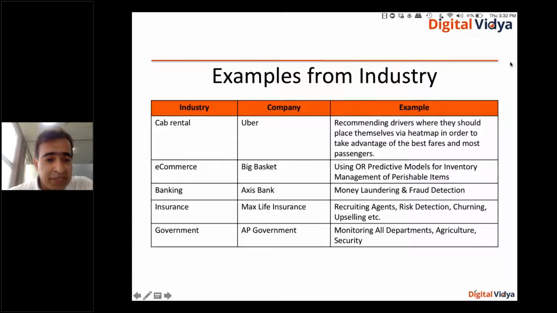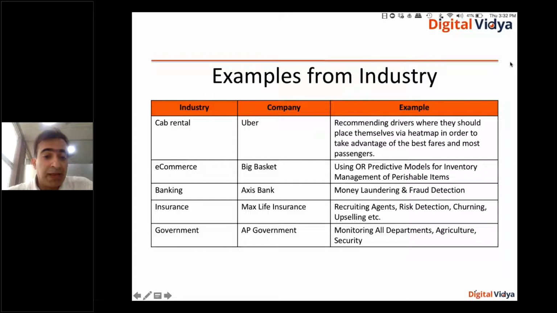Companies in the e-commerce space, I've talked about the recommendation engine that they work on. But if I look at companies like Big Basket, they deal in perishable items. With perishable items, the problem is that the life cycle of a product is very short. If they don't ensure that the right product is there at the right time, they would miss out on the business in a big way. So a whole set of predictive models around inventory management is being built by Big Basket, which is helping them a lot.